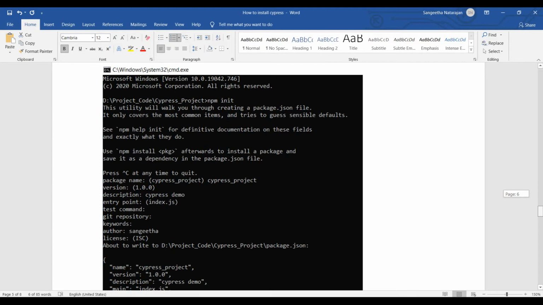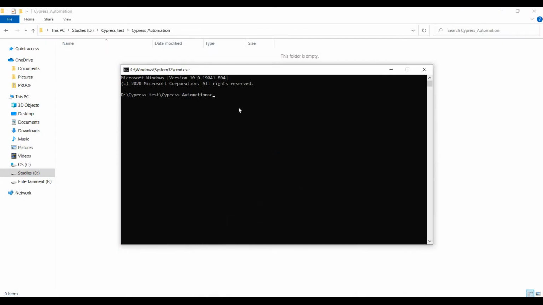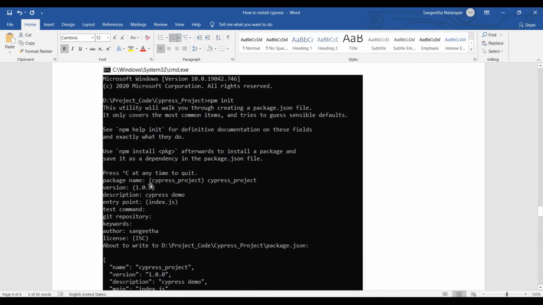It will ask you where I have to keep everything. So these are the basic things for starting with JavaScript. Okay. npm init. So here, the package name: Cypress Automation. What name do we have to give? It's your wish. Here we already created the workspace directory. What name to give is your suggestion. So here I gave Cypress project, whatever is your wish.